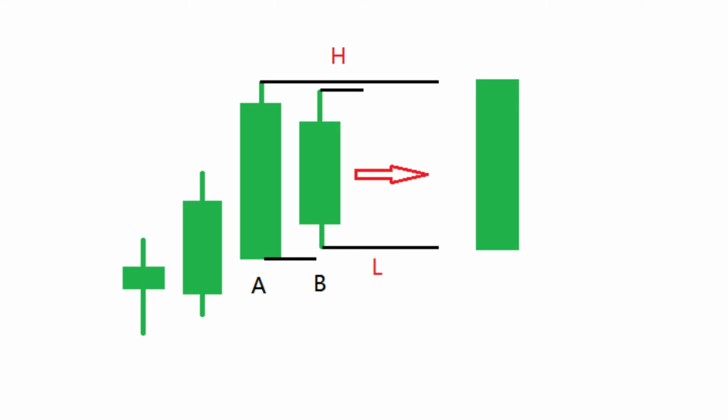If the market is rising, we process the inclusion from a high point perspective. If the market is falling, we process it from a low point perspective. Let's look at the rules. First, the uptrend, or as we call it, upward processing. Imagine we are in a clear uptrend. We see an inclusion. Here is the rule.